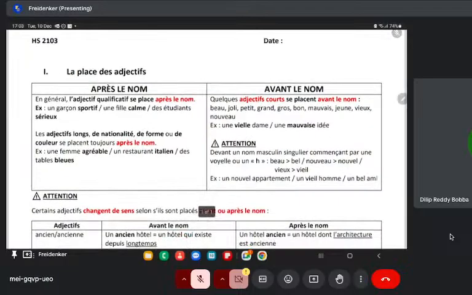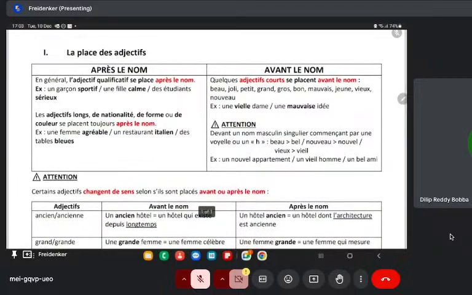Okay, where do you place the adjectives? In general, the adjective is placed like qualificative. Qualificative is qualifying adjectives, like the adjective that you use to describe people. They come after the noun. So, for example, a sportive boy, a calm girl. But in French, it's a girl calm, and students serious. So serious students. So usually your adjective is going to come after the